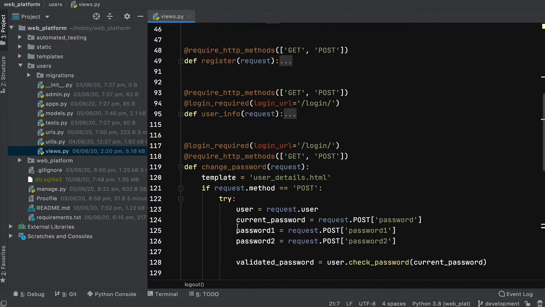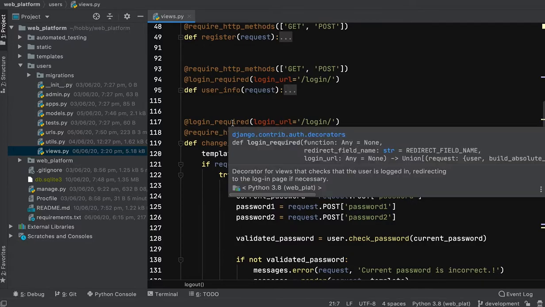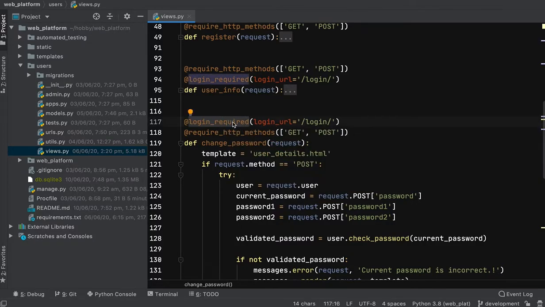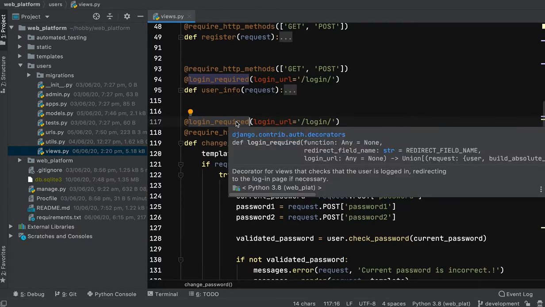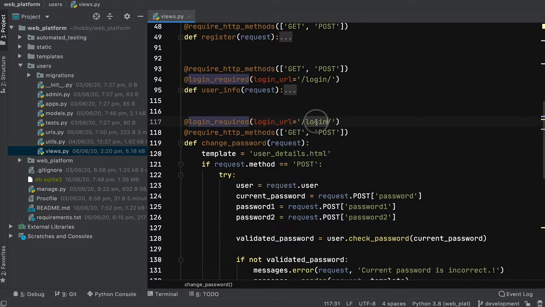Change password requires login. What it means is that the session or the request should be authenticated. When the authentication happens, Django sets authentication details in the request, and it will process through a subsequent request in the session. If Django does not find the request authenticated, it will redirect you to the login.